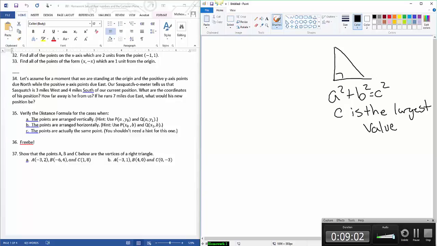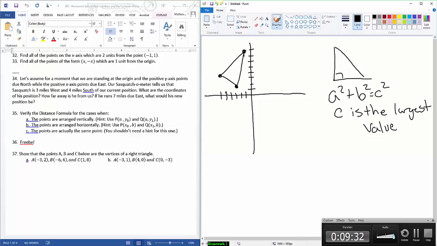I know this one's going to take a little bit more work, but what I should do here is plot them. Let's visualize this. Point A is -3, +2. B is -6, +4. So it's 4, 5, 6. 1, 2, 3, 4. And then C is 1, 8. So 1, 2, 3, 4, 5, 6, 7, 8. And so you get